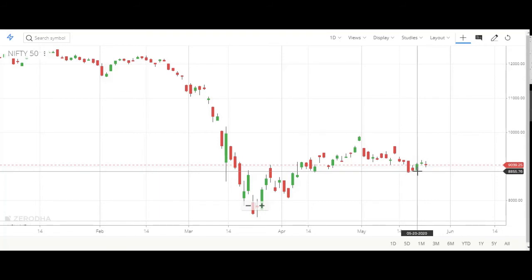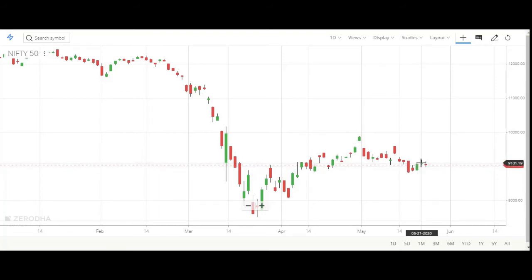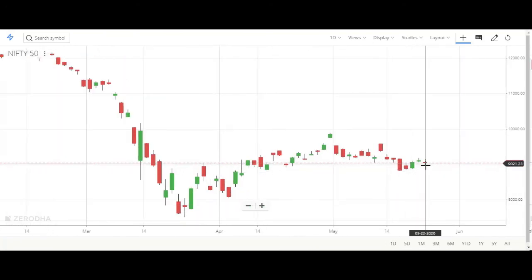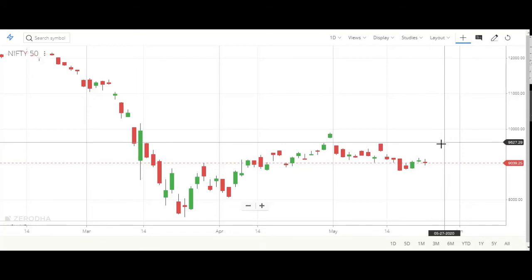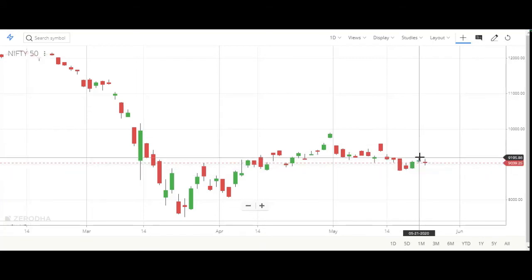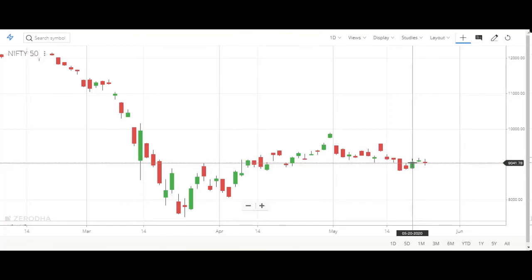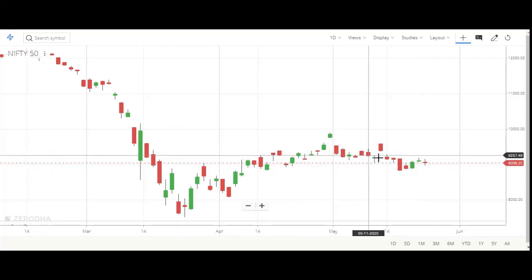Okay, so this candle happened on the 25th of March, and again you can see that there is a bullish Marubozu candle formed on the 20th of May, right? So even now this is a trade which we can enter, and the stop loss to be maintained here is the low of this bullish Marubozu candle, at the 900 level. We can expect an upside move of double the size of this candle. Okay, so this is the bullish Marubozu that happened last week in the Nifty 50.